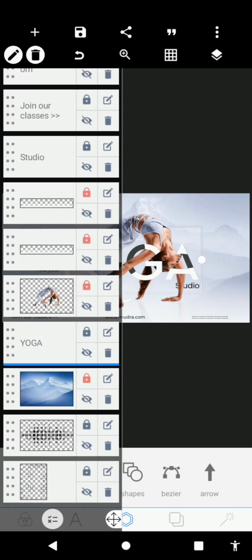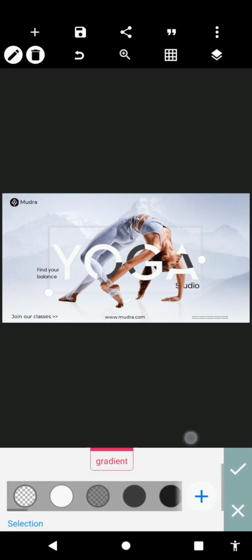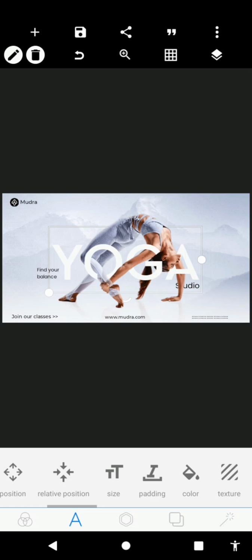It's because the one at the back you made black. You change it back to white. So you can see, once you've changed it back to white, sorry, I don't know what's wrong with my Pixellab. Once you've changed it back to white, you can see what we have. Yes, now the reason why it's like this is because our image is too